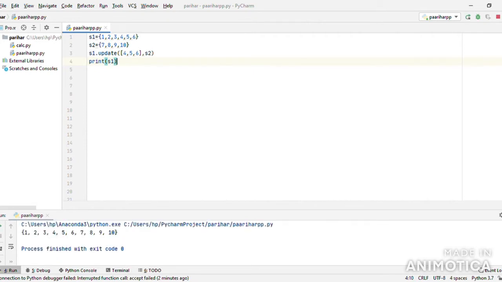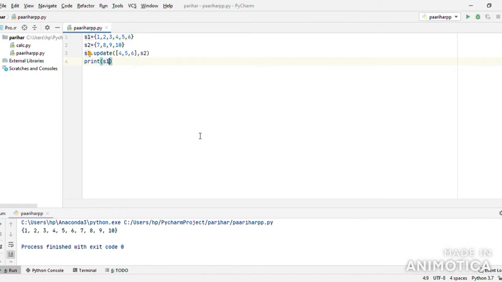Now we can see that both that list and set were added to S1 and duplicate values were removed. From this we can say that the only difference between add and update is that the add function allows you to add a single element to your set, while the update method will allow you to add list of values to your set.